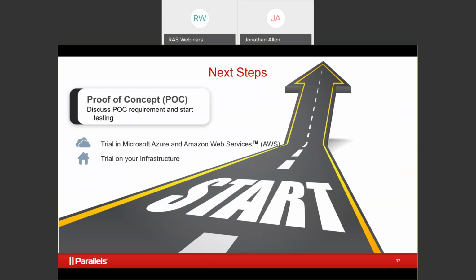So we have an unbranded version of this deck that we can send to you, with all the footnotes for all the studies and all the metrics that we use. So you can insert those in your own presentations when you're trying to get budget approved for these types of projects. We know that's one of the biggest things, working with our customers to help them get budget for these types of projects. So hopefully we can help you with that however you need it.